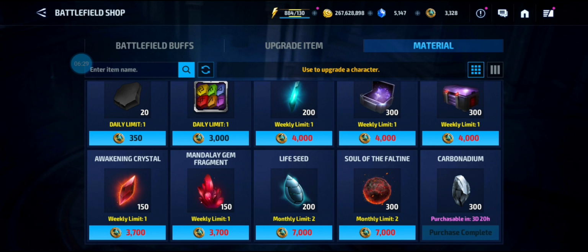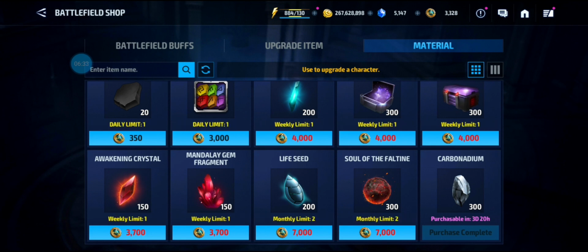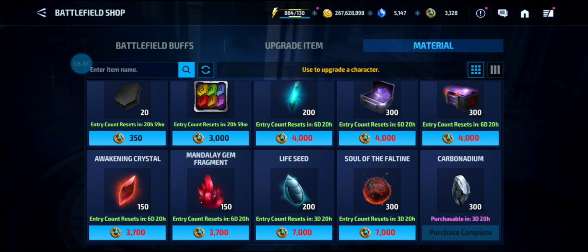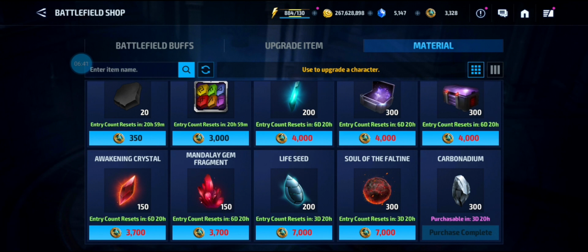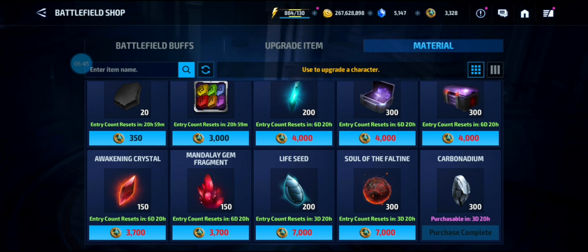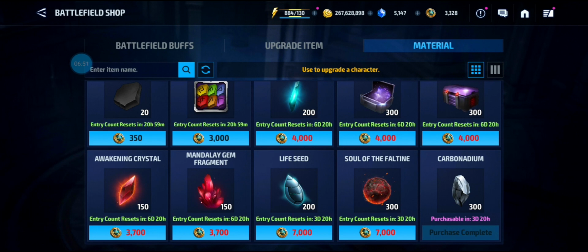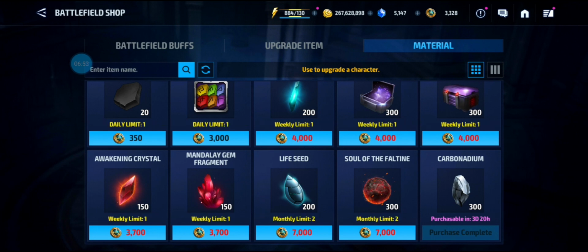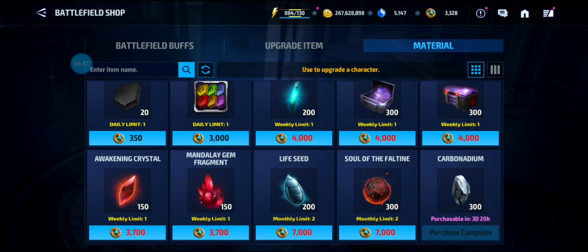Now the big thing is the tier 4 materials. You have Life Seed, Soul of the Fountain, and Carbonadium. And as you can see, we have Life Seed for 7,000, and we can get up to 400 if you have 14,000. Soul of the Fountain, you get 600 for 14,000. Then Carbonadium, you get 600 for 14,000 because you can only get 2 per month. And as you can see, I got the Carbonadium